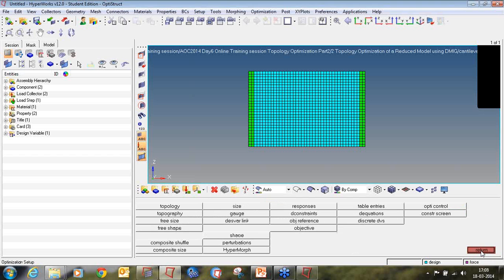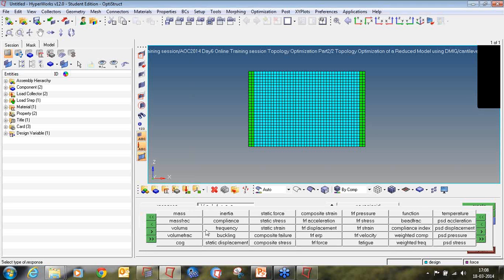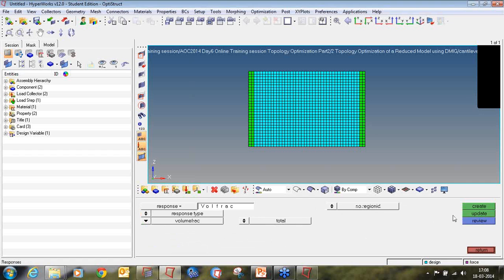Now we will create the responses for volume fraction and compliance. So I'll click on response in the third column, first row. Enter the response name as volume fraction. Select the response type as volume fraction. Keep all the other parameters as they are and click on create.